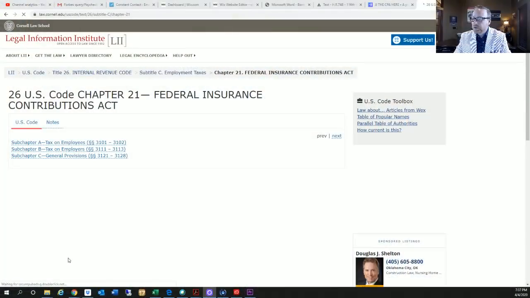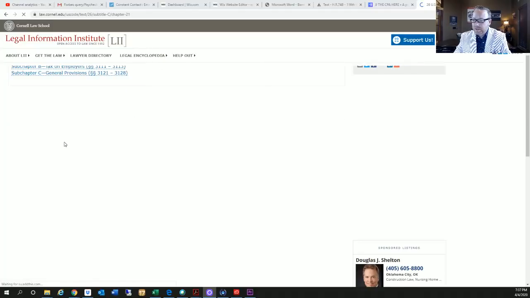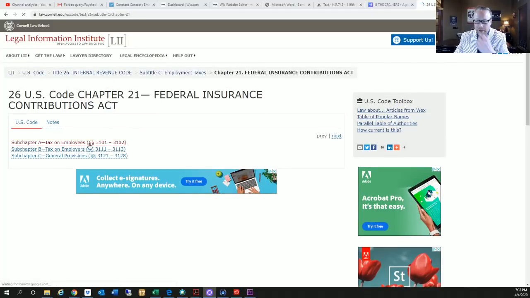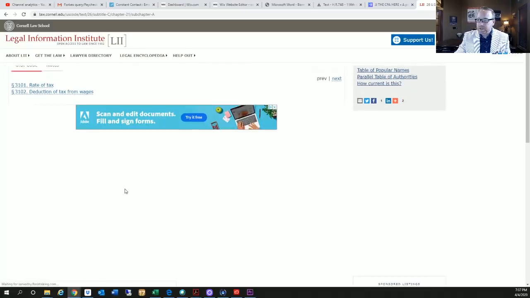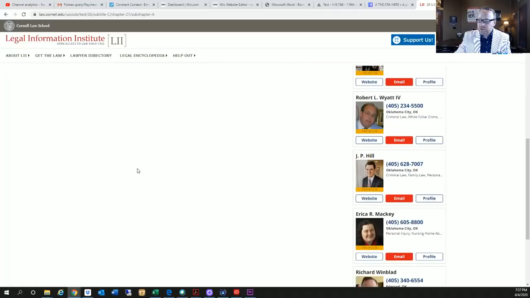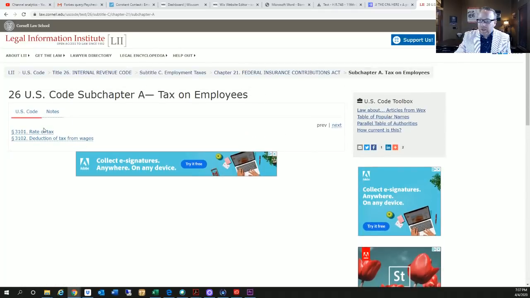And if we are looking at chapter 21, Federal Insurance Contribution Act, tax on employees, tax on employers, general provision. We can double click on this, but this is where we're at. That says 26, but we're in chapter 21. See that? Chapter 21. And what it's talking about here is,